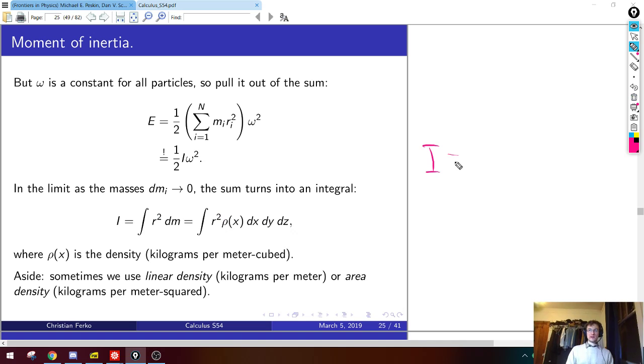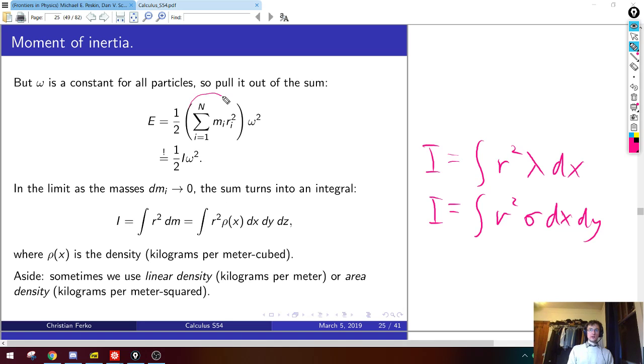The similar version of this equation in those other 2 cases is pretty obvious. If you have I for some linear thing like a rod, it would just be basically r squared times the linear density dx. If it were I for some plate, some 2-dimensional thing, you would have the integral of r squared times sigma, maybe dx dy or something, a little area. They all carry through. But the point I want you to remember is that the moment of inertia looks kind of similar to the center of mass, which was the sum of the mx's, but now the position is squared, right? So it's the sum of the mr squareds, or the integral of the r squareds times the density, if you like.